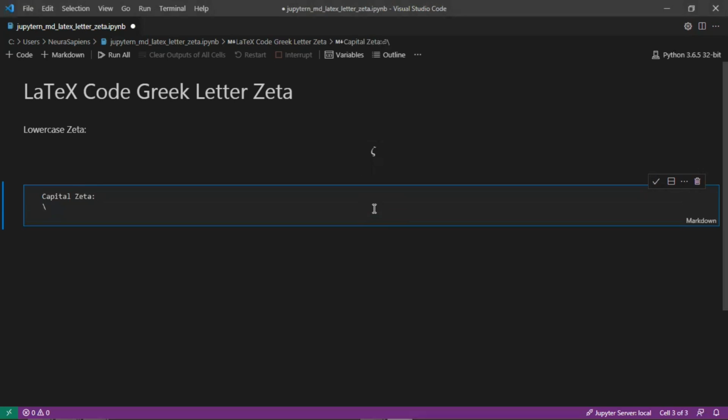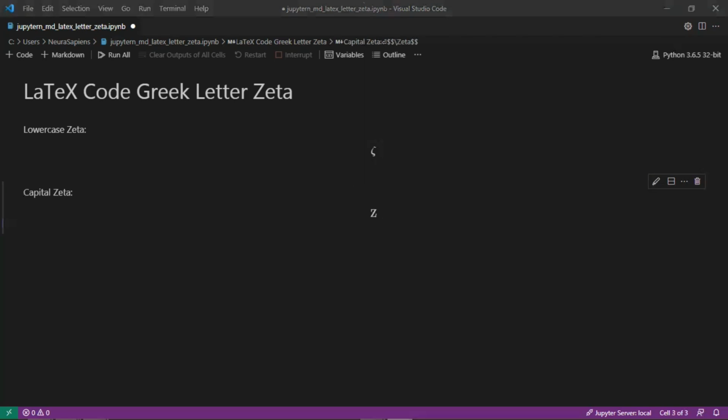So this is a backslash followed by capital Z and then lowercase eta. And we'll add in $ symbols before and $ symbols after the LaTeX code. So now when we run the cell, we have a capital Zeta here centered in the middle of the Jupyter Notebook Markdown cell. So this is how to add a lowercase and capital Zeta to a Jupyter Notebook Markdown cell